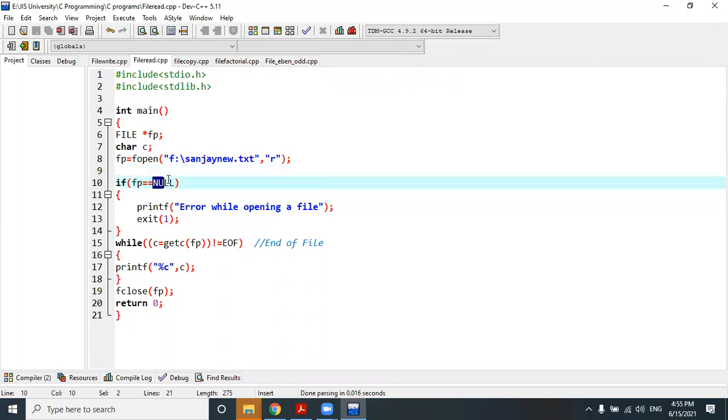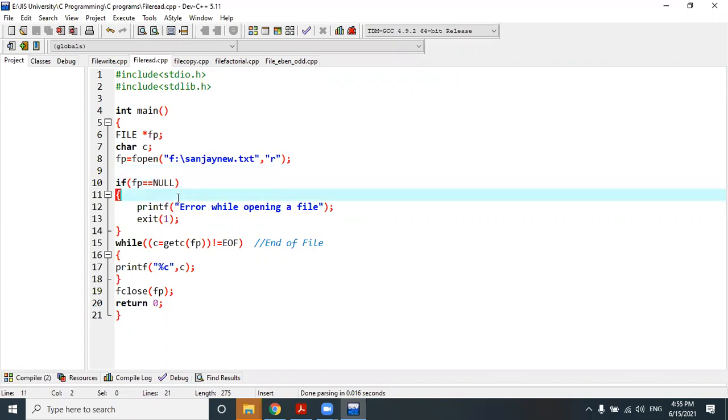N-U-L-L, NULL should be in capital letters. It returns NULL, or it returns a pointer to a file. I think all of you have already written it. Have all of you noted down?